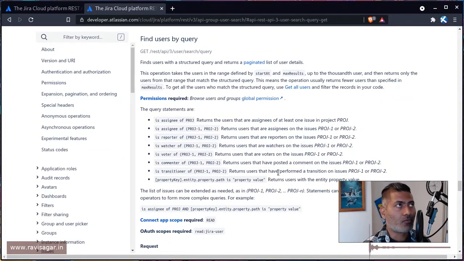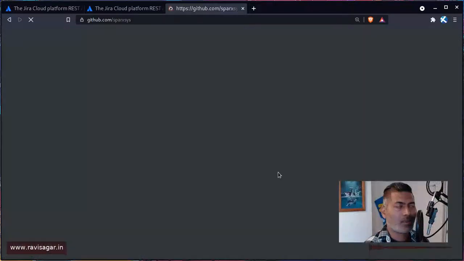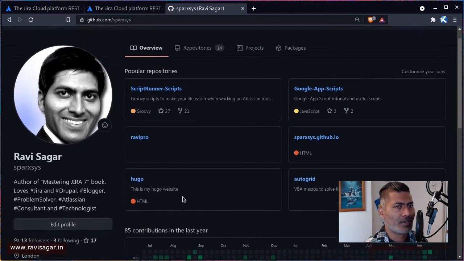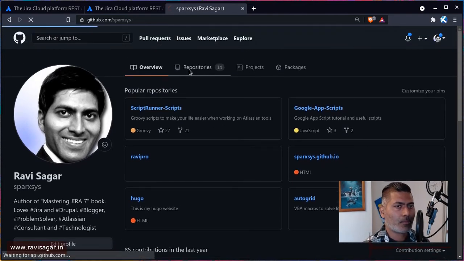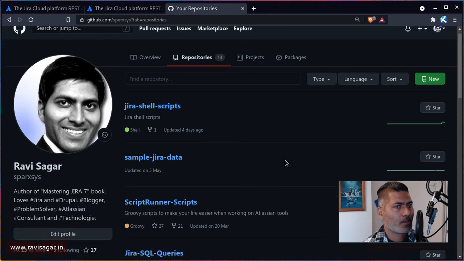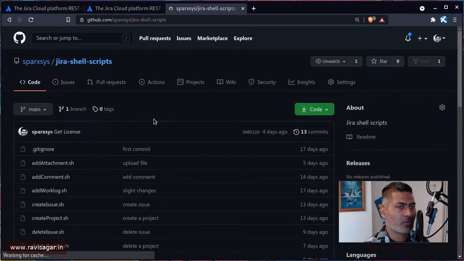One more thing that I want to recommend is to always try to keep a list of things handy, for example, a list of different endpoints or whatever you're trying to do with the REST API. I normally use a browser tool like Talend API Tester, or Postman. I have used Postman in bits and pieces, but I'm not really an expert, and I prefer maintaining my scripts somewhere. If you look at this repository, Jira Shell Scripts,